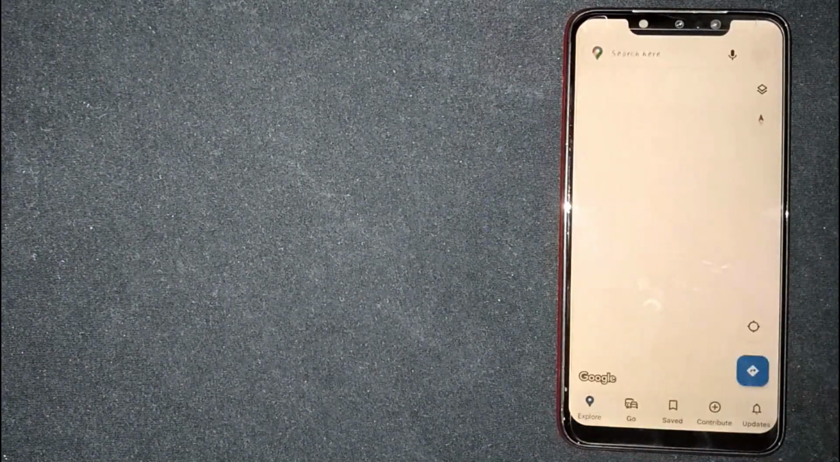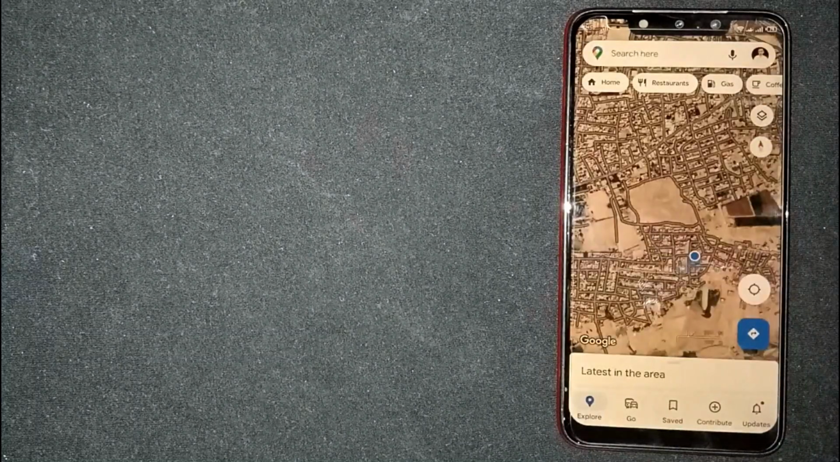So there you go. If you were wondering how to use the incognito mode on Google Maps, that is the